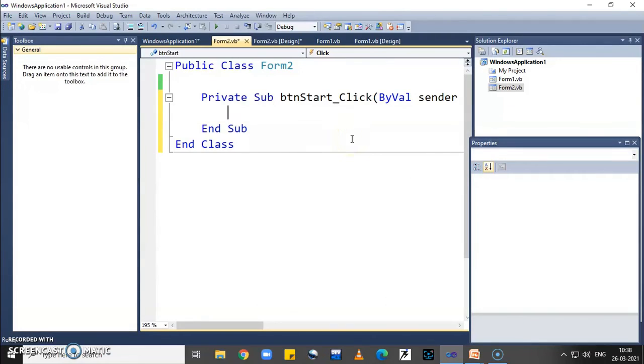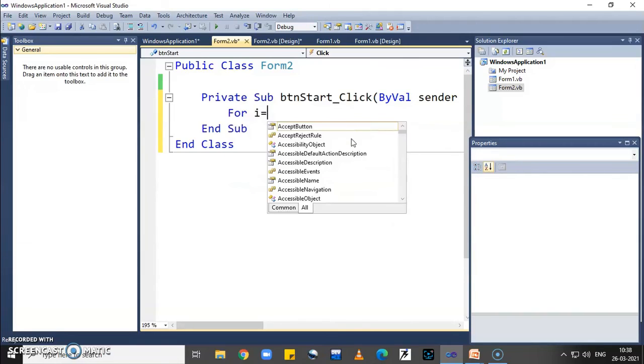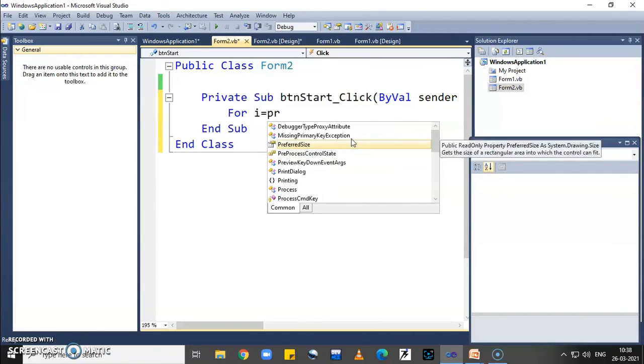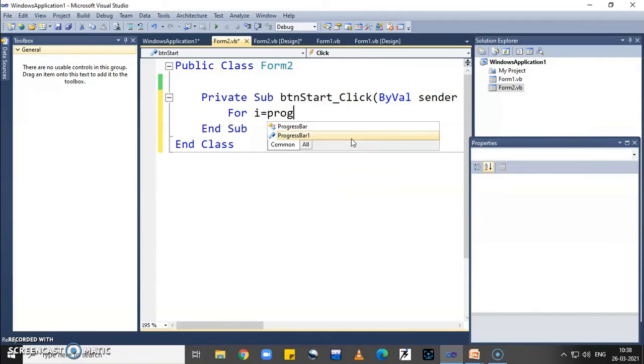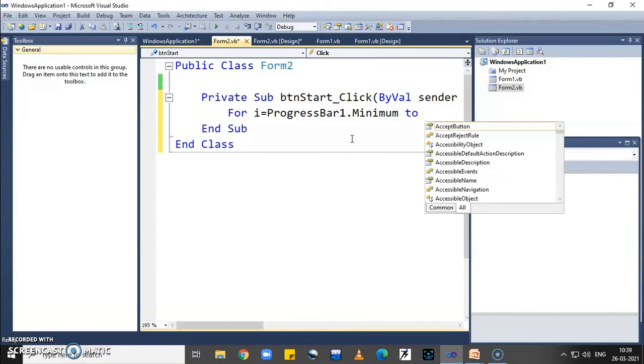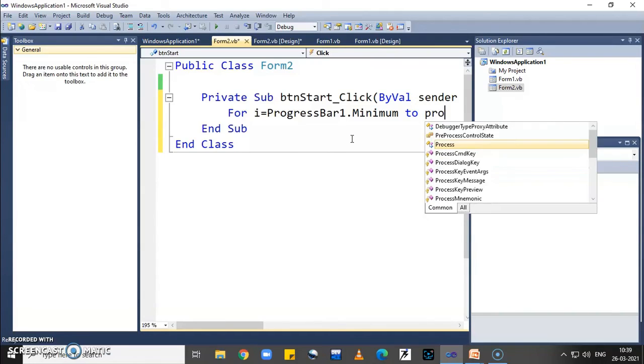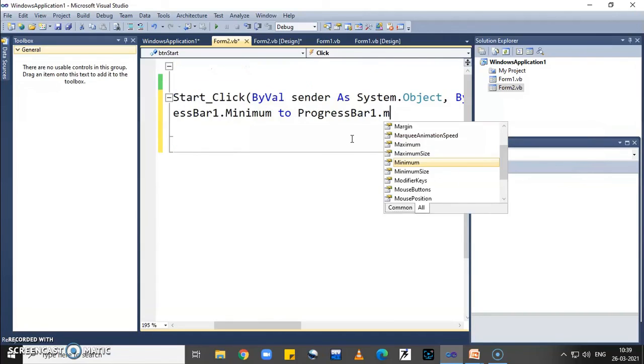So here I write the code: for i equals progressBar1.Minimum to progressBar1.Maximum.